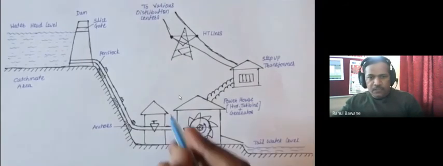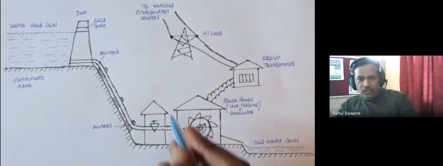Here I am showing simply one control room, but in actual there is a huge building and a number of walls, huge blocks, and all these are called a control room. In the control room you can monitor how much water is there in a dam, what is the velocity of water flowing through this penstock, what is the speed of the generator, what is the power generation rate. All the monitoring, measuring and controlling devices are kept in this control room.